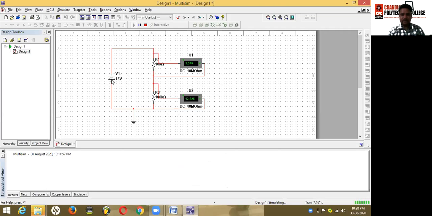Here you can change your voltage value and both the resistance values. You can also take a multimeter or voltmeter as you wish. Accordingly, you have to select the internal resistance of the instrument that you are going to use here. Then accordingly, you can calculate theoretical and practical value. This will show the loading effect of the multimeter or voltmeter when you are using it in the circuit for voltage measurement.